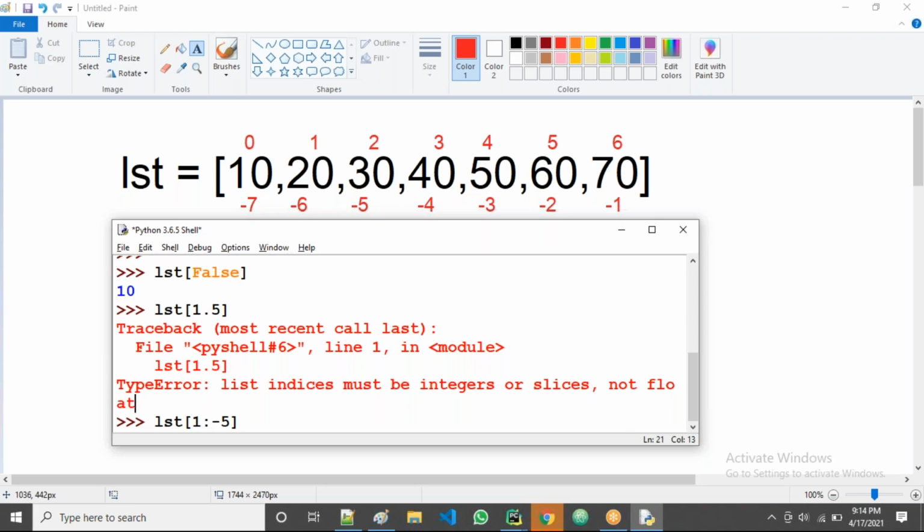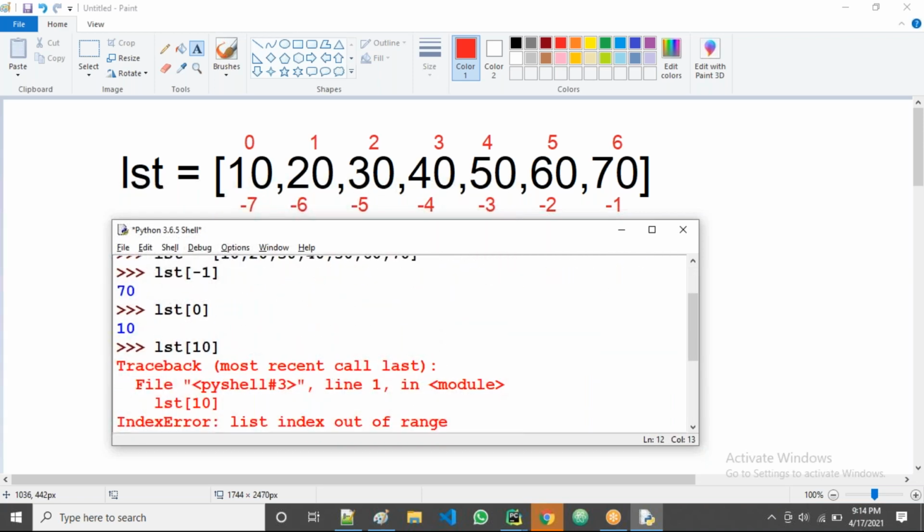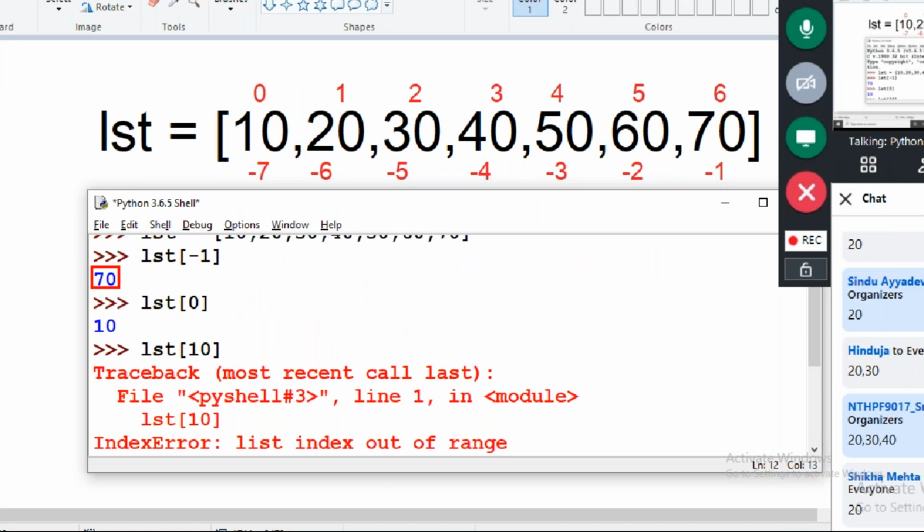And one more point here, in case of indexing, the output is only 70, not list of 70. If you observe, in case of indexing, output 70 came, not list of 70, no square brackets. Why? Because here there is always only one value. Indexing means only one value, so no square brackets.